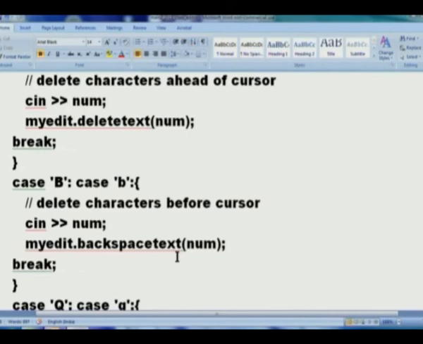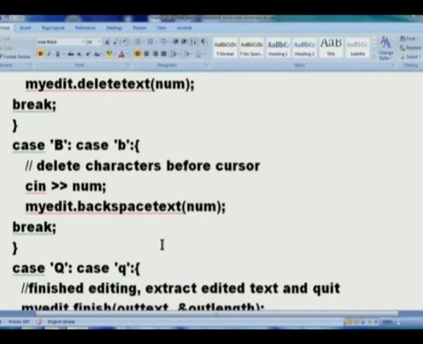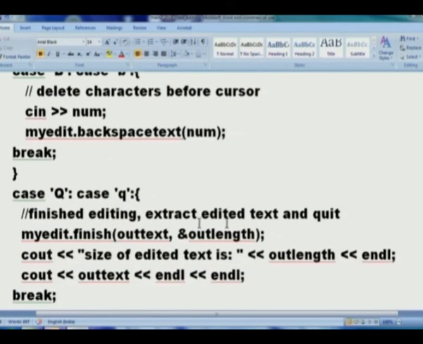Finally, if nothing else is to be done, sometime or the other, the user will get tired of editing. I'll say quit. And when he says quit, I do a variety of things. I say finished editing, extract edited text and quit. So my edit.finish will assemble the text in an array and give it back to me. And here I will say size of edited text is this, cout, out text, endl, break.